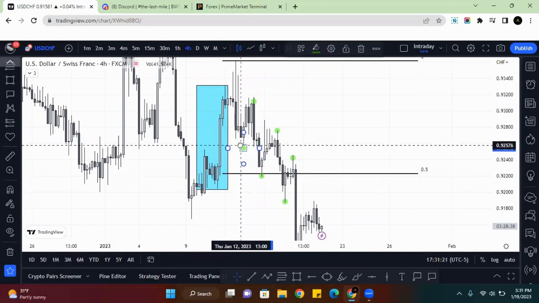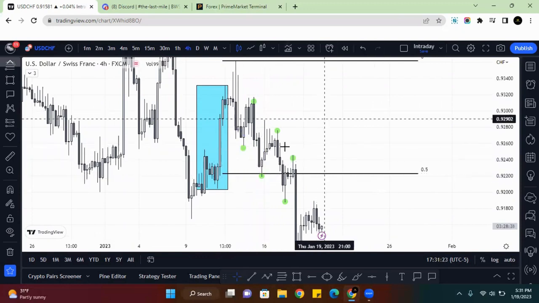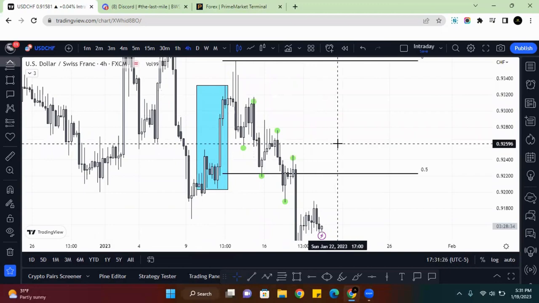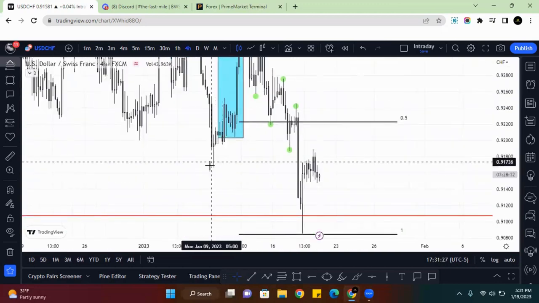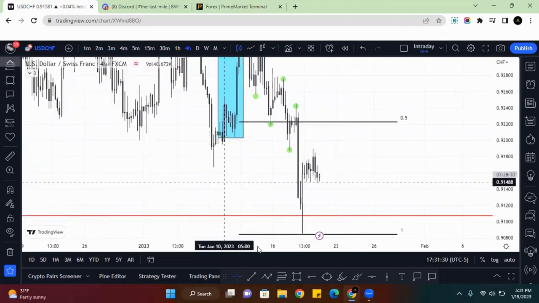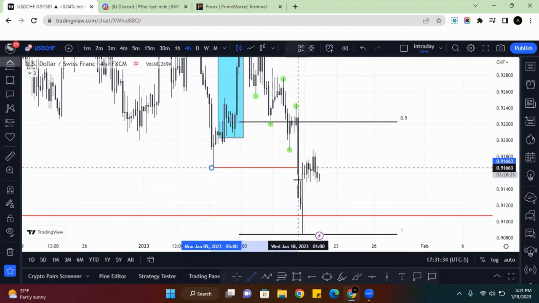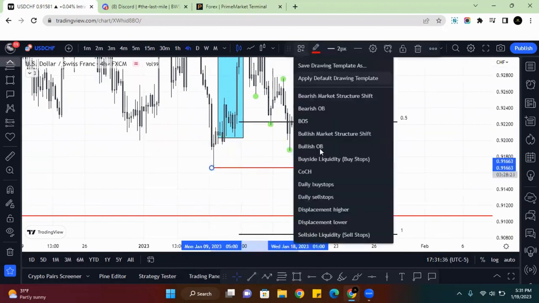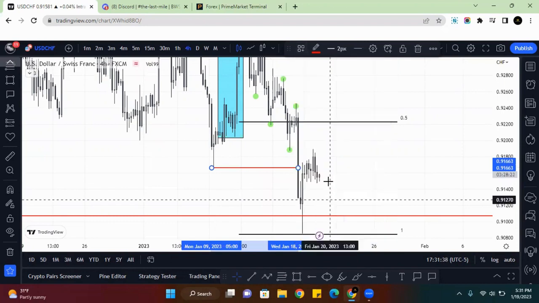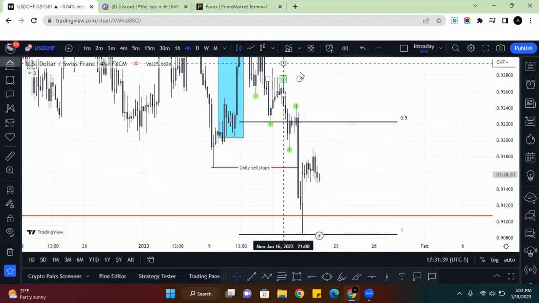In this case, I'm going to mark up a few, obviously. So that's where liquidity is going to be resting. They just took sell side on the daily, and I could mark that up too. The very latest thing that happened was pretty much a double sell side take right here. Drop one in the chat box if you can see that.